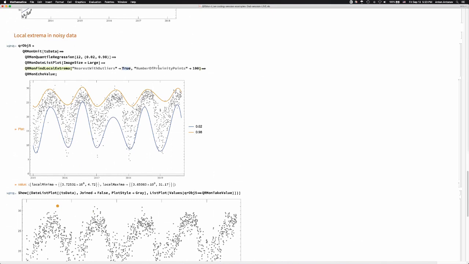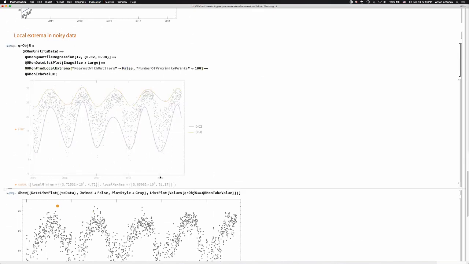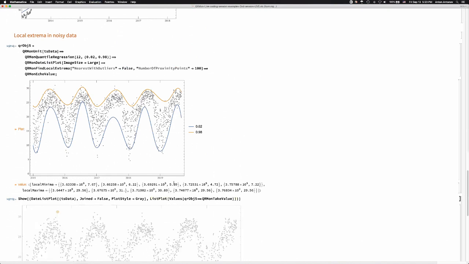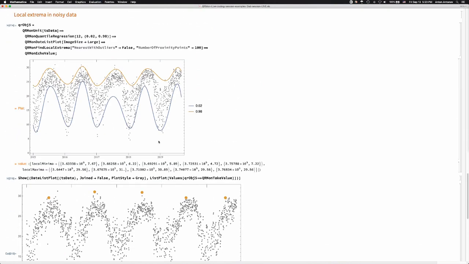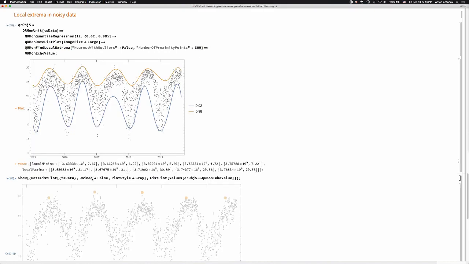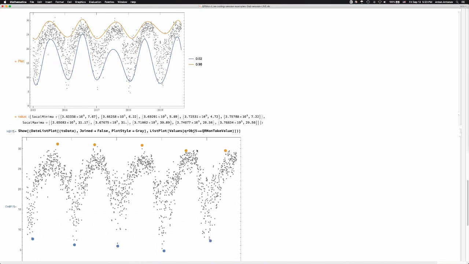So let me put this to false and see whether I am going to produce better results. And yeah, well, okay, we need to experiment with this. Obviously, asking for more points, the results would be different. Yeah, we see that now we get this. And arguably, these local extrema are better. So, all right. Now, this is, by the way, a fairly unique implementation of a quantile regression application in Mathematica, because